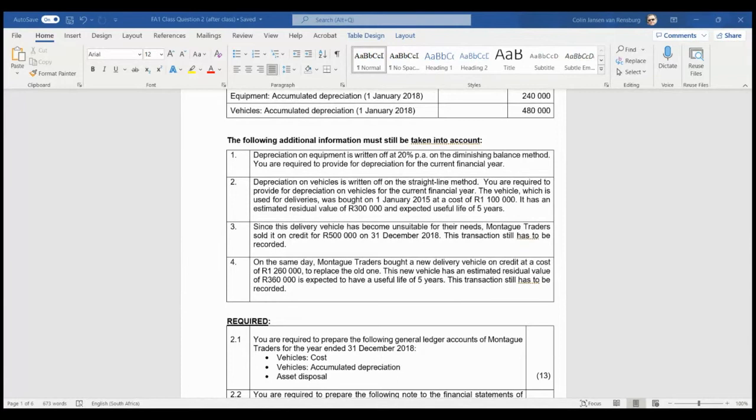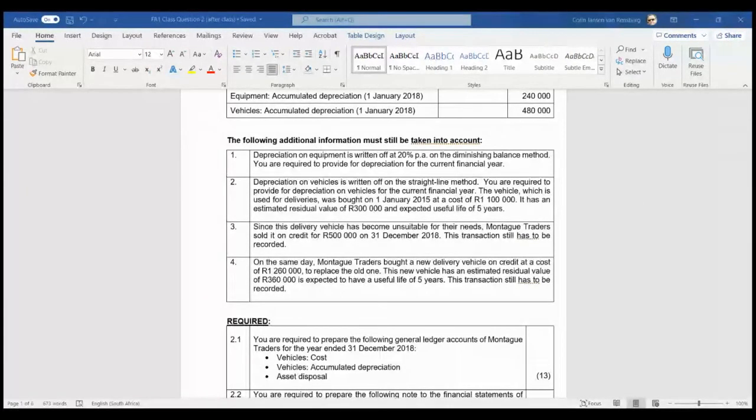With how much, ladies and gents? What is the cost? In this case, there's only a purchase price. 1,260,000. Thank you. There we go. We've all got that, right? So that entry, that debit side is quite straightforward. So it's simply vehicles cost